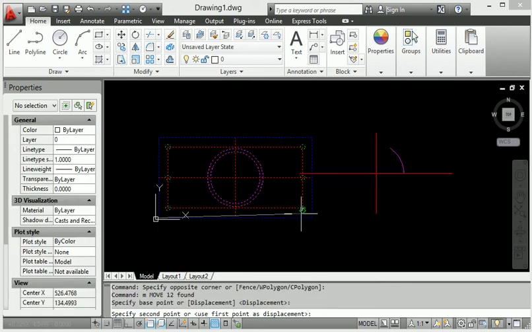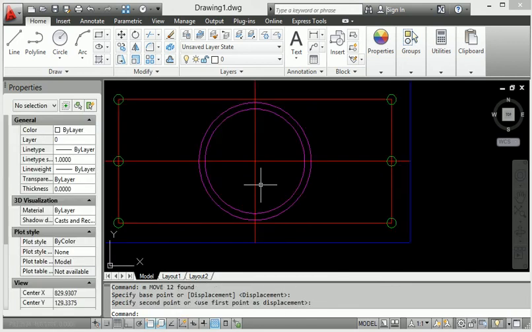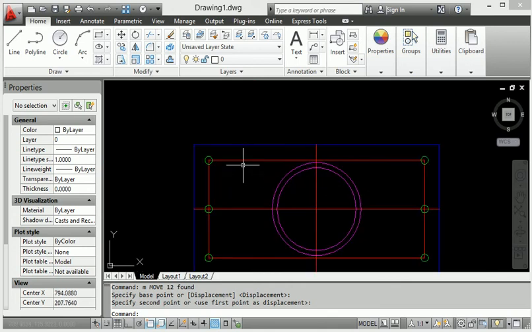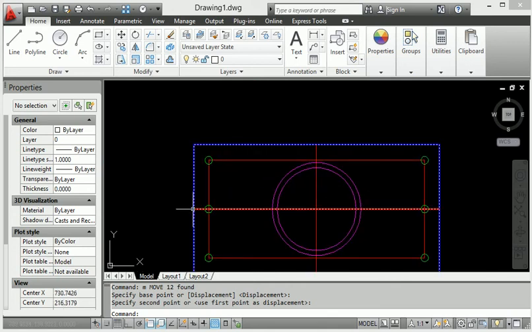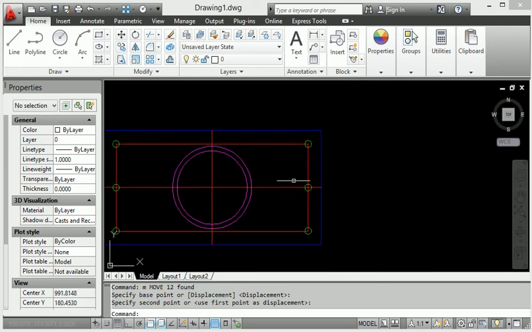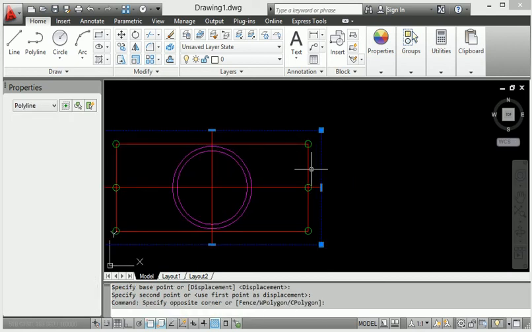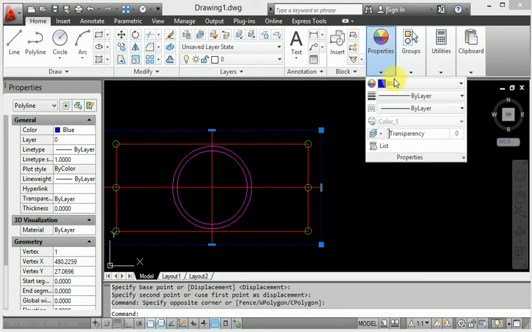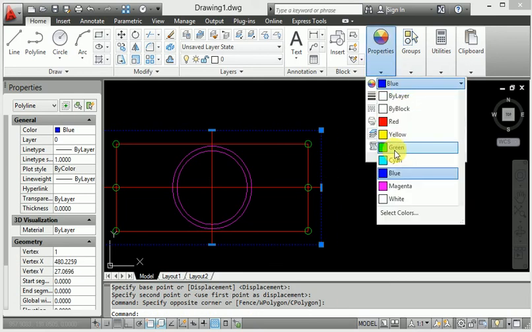So it is very easy to provide the color layer in AutoCAD. When I move here some distance right now, and also provide the circle also, then create here, then create here, then create here.